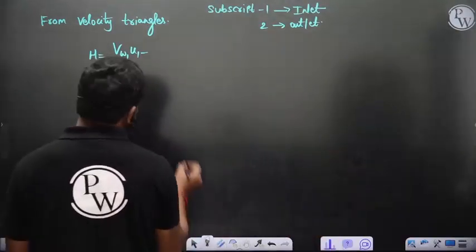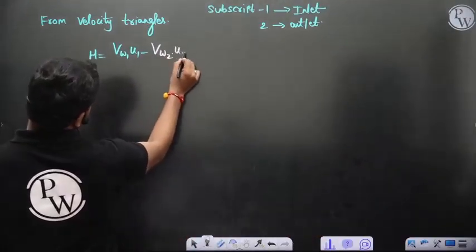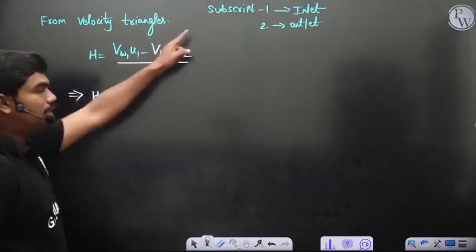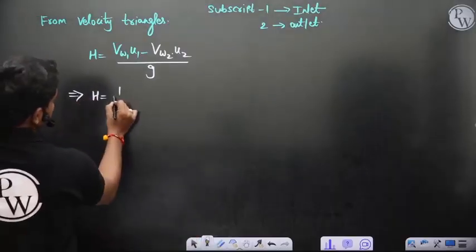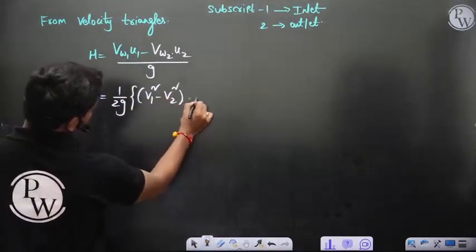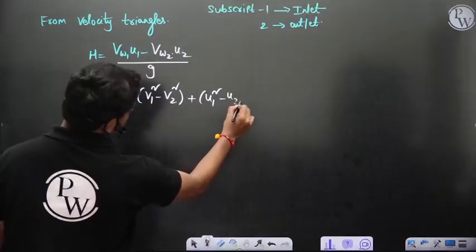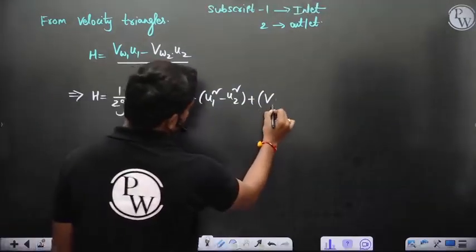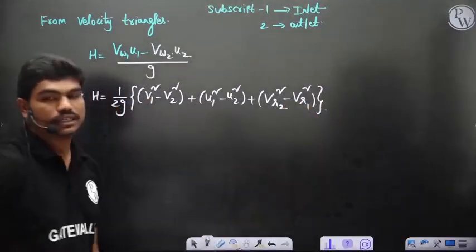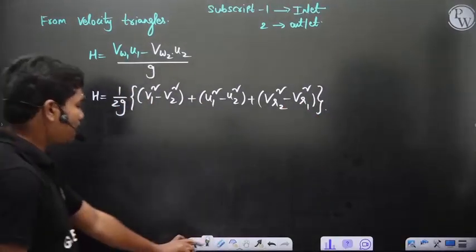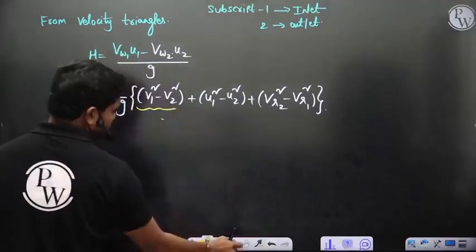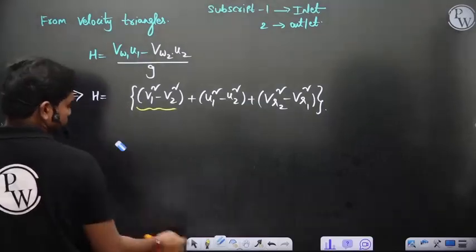So VW1 U1 minus VW2 U2 by g, and this implies h is equal to, so using this velocity triangles, मैंने एक छोटा सा चीज डेराइव किया था यहाँ 1/2g times of v1 square minus v2 square plus u1 square minus u2 square plus vr2 square minus vr1 square. तो ये चीज हमने डेराइव किया था एक्चुअली. Correct. So these are the things that I have shown you, and also using Bernoulli's equation I have shown that this is, or basically if you multiply this 2g inside,